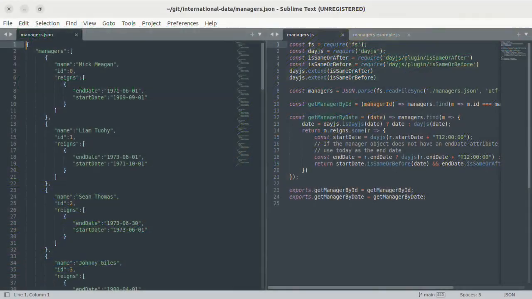The managers.json file contains an array of the managers of the national side. Each object has an ID, the manager's name, and an array containing the start and end date of each reign of the manager. Remember, some managers have been in charge more than once. This time, the associated JavaScript file, managers.js, has 2 functions, getManagerById, which returns the manager object for a given ID,